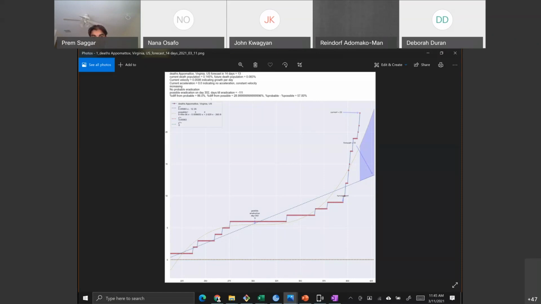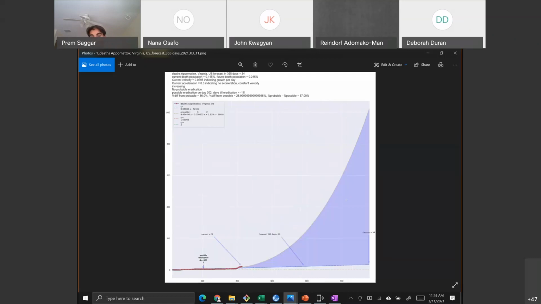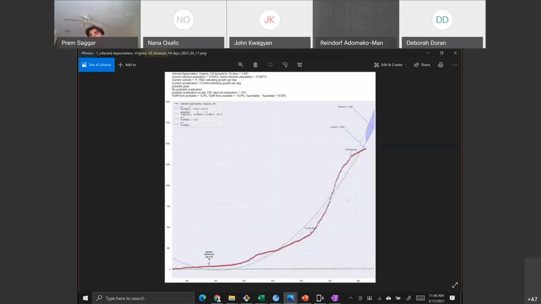What's alarming about this, I don't have so much time with you folks, so I'll go faster, is number one is this jump in Appomattox, Virginia. So they've doubled in the last 2 weeks, okay? And this is deaths now, right? We're not even talking infection, we're talking death only, because with infections, it depends on who's getting infected, right? So I've always been more concerned with deaths and death rate.